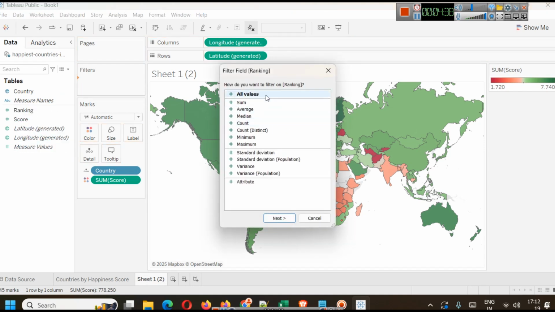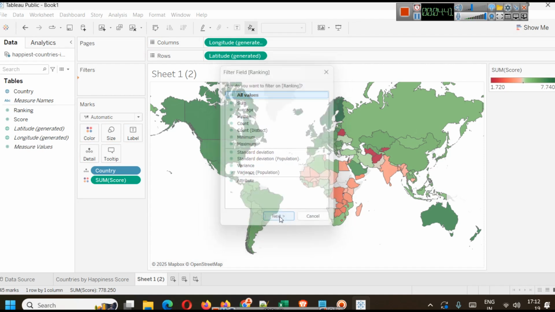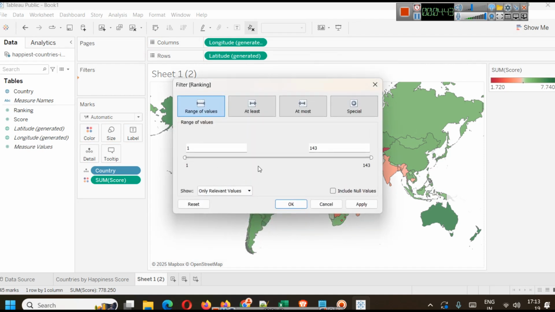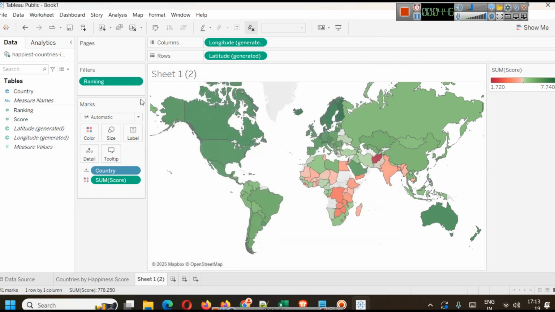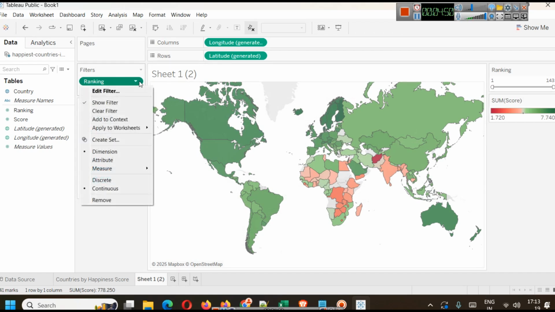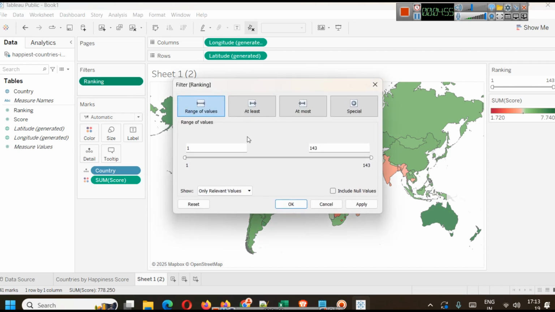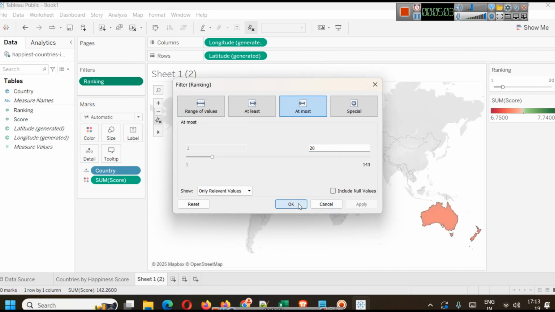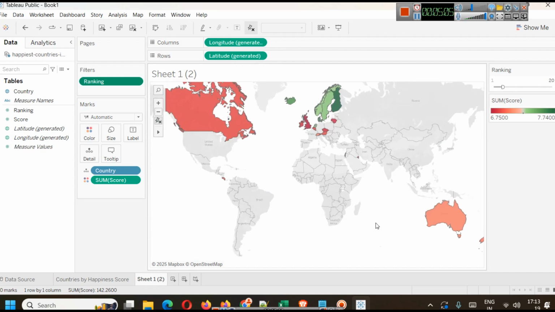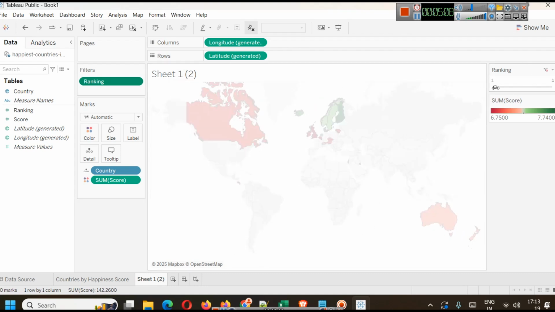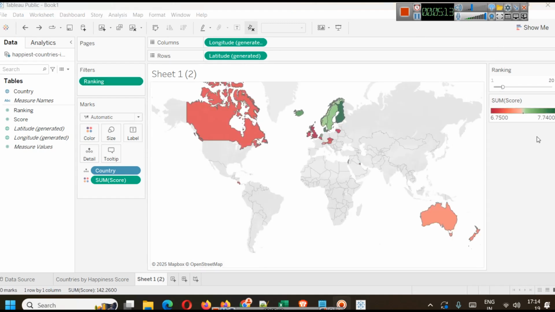to a filter. We will use all values. Okay, and the values are from 1 to 143. We'll apply and we'll say we'll show this filter. So in this filter we can do one more thing. We edit the filter and we can say show at most 20, let's say. Okay, and here you will see 20. So from here you will see values from 1 to 20, and you can see here it is following the